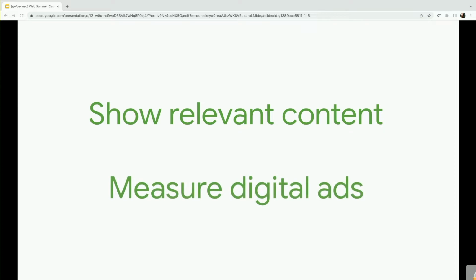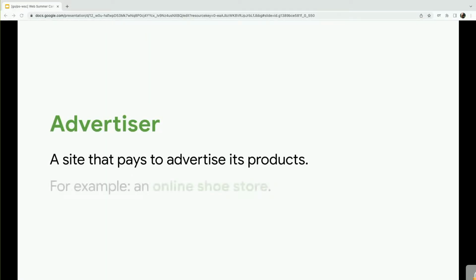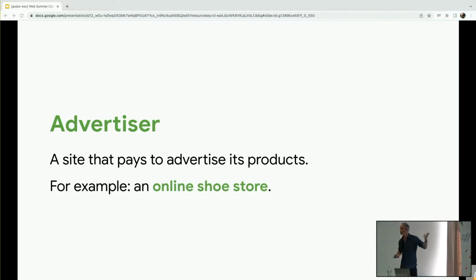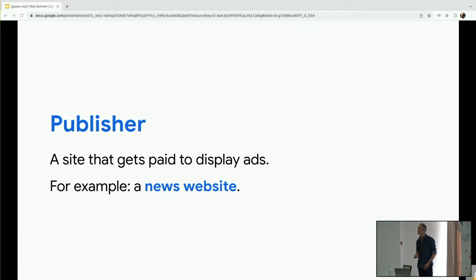So I'm going to focus on the advertising APIs that are addressed by the Privacy Sandbox. I just wanted to run through some concepts that are core to understanding the way that ads work on the web. When we talk about an advertiser in this context, we mean a site that pays to advertise its products, for example an online shoe store. A publisher is simply any site that sells ad space.